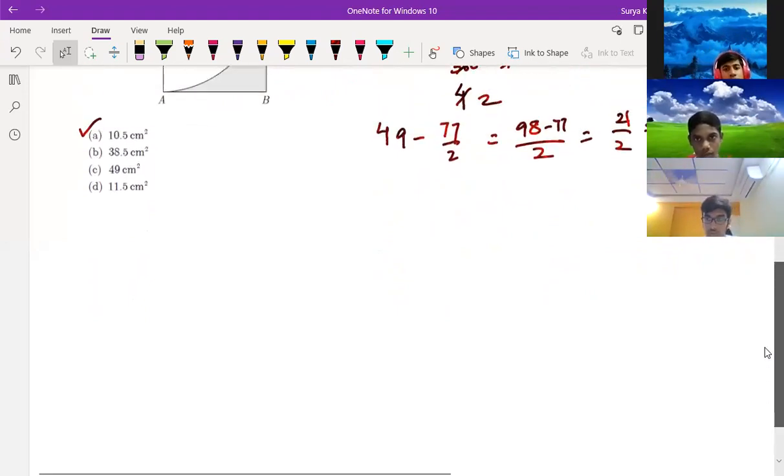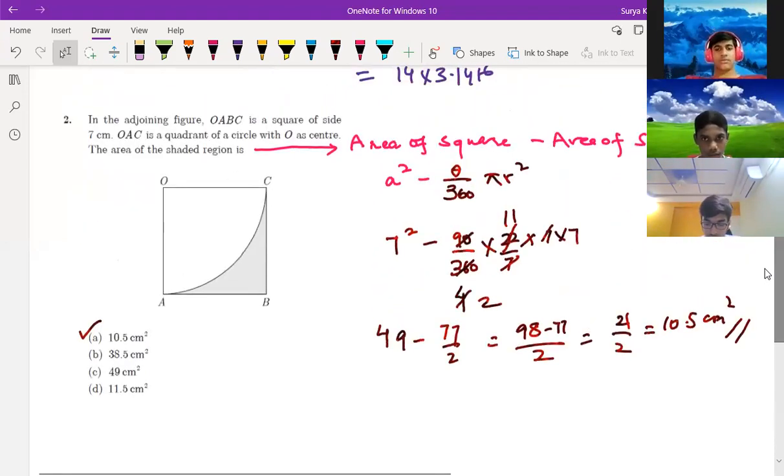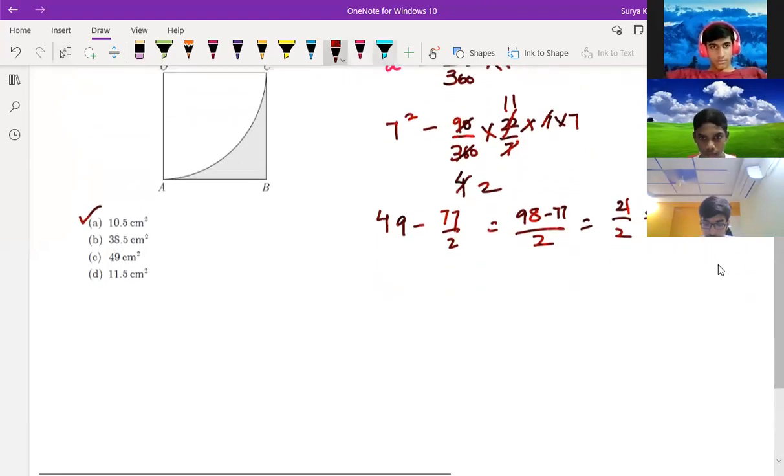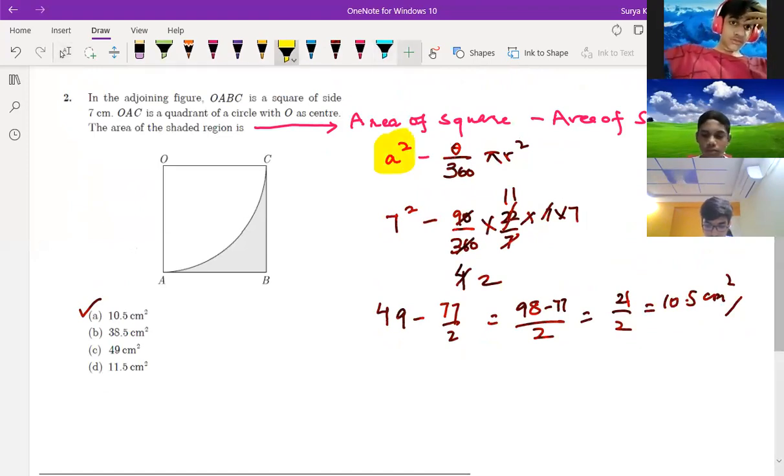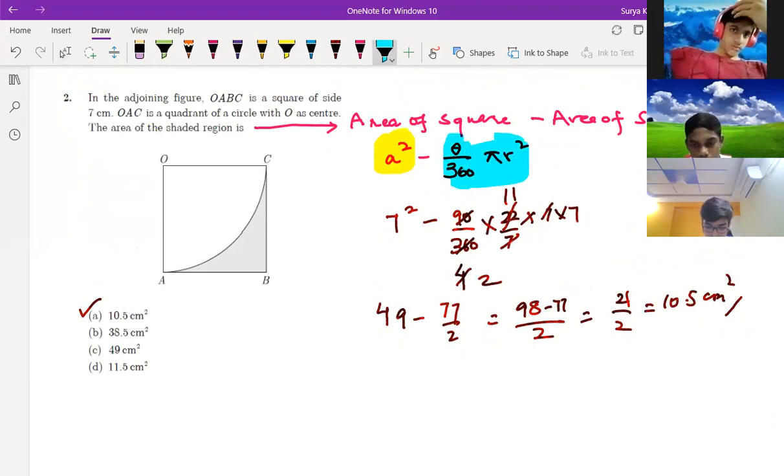Here two formulas we have learned till now. See, the first formula we have learned is the area of a square, that is side square. If you did not remember before, then just remember right now. And the area of the sector is theta by 360 into pi r square. These two formulas we have learned in this question. Okay, what are the highlights?